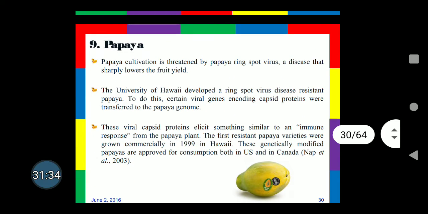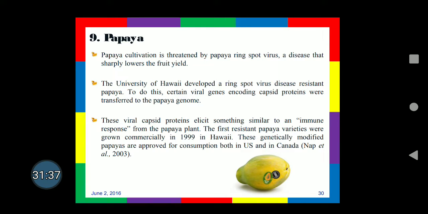Papaya. Papaya cultivation is threatened by papaya ring spot virus, a disease that sharply lowers the fruit yield. The University of Hawaii developed a ring spot virus disease resistant papaya. To do this, certain viral genes encoding the capsid proteins are transferred to the papaya genome. These viral capsid proteins elicit something similar to an immune response from the papaya plant. It's like a vaccination program done for the papaya against this